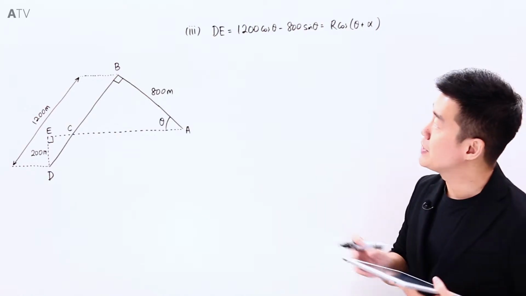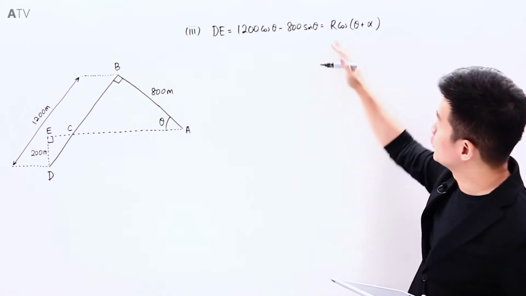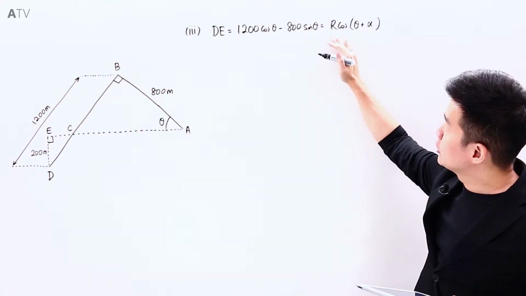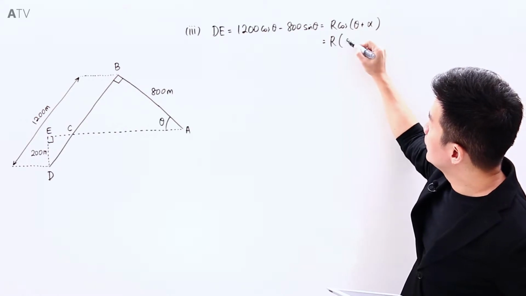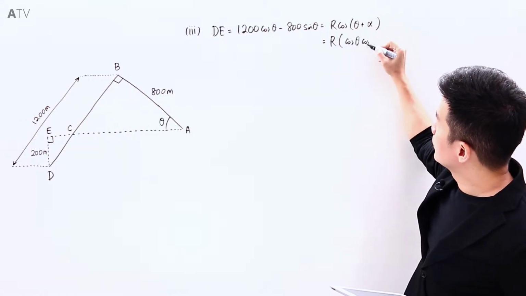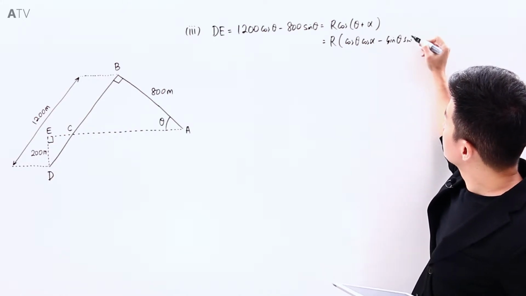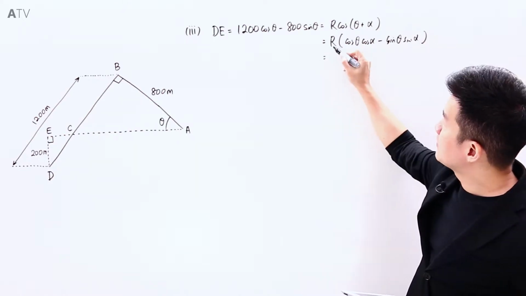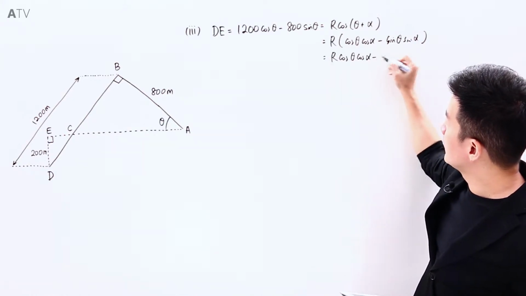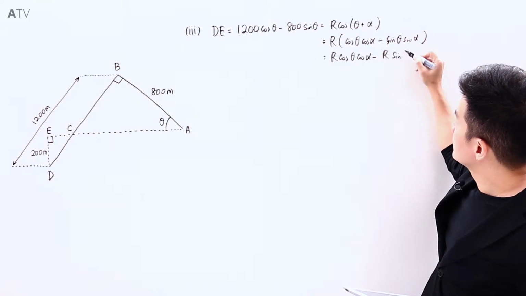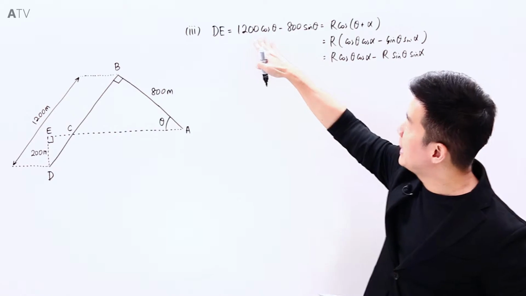We are now required to re-express dE from this form that we have found in part 2 of the question to this form. So it is the application of the R formula. If I were to expand this, we have R times of cosine theta cosine alpha minus sine theta sine alpha. And expanding R in, we have R cosine theta cosine alpha minus R sine theta sine alpha. And if I were to compare this to this,